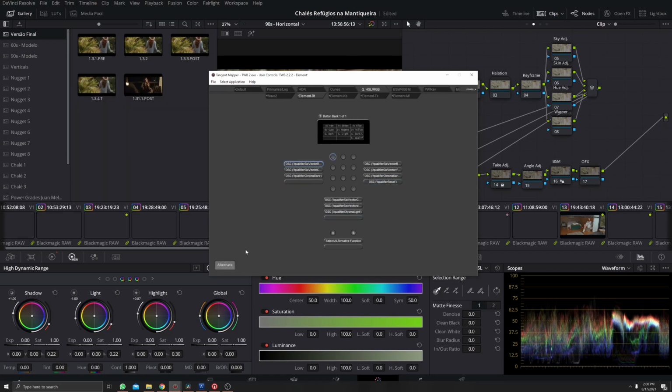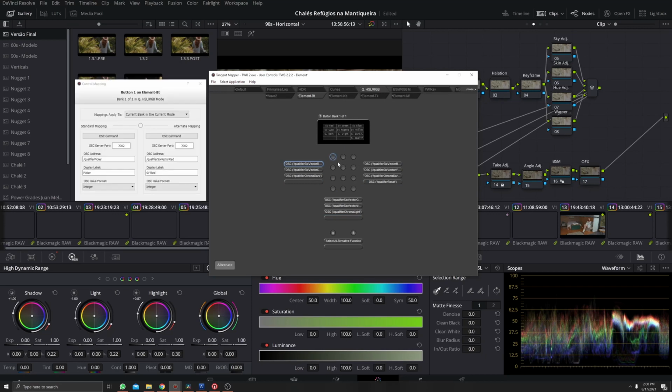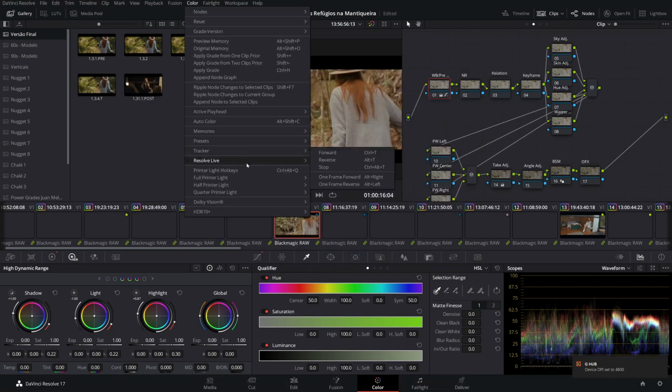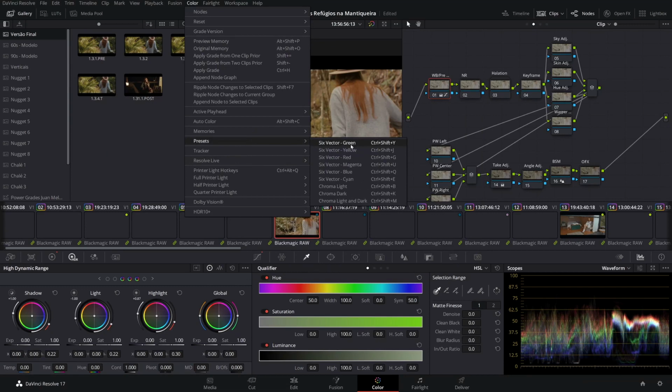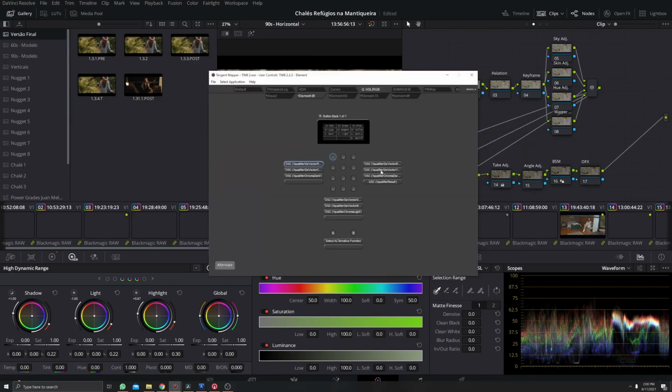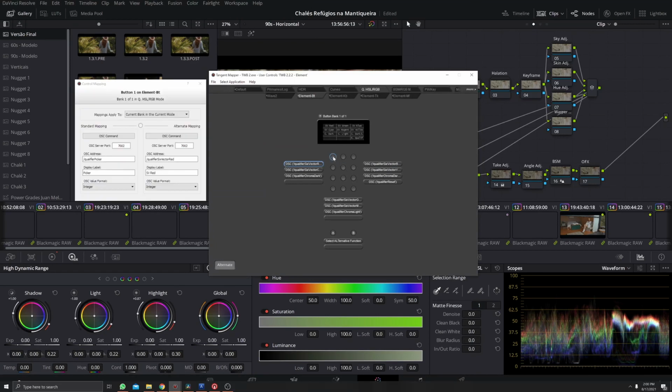And if you press alternate key, you have here the selection of the color presets. So you're gonna have the 6-vector green, yellow, red, and etc. in the chroma, so it will automatically select each preset, the red, green, blue, cyan, magenta, yellow, and dark, light, and etc. And you have a reset for all the qualifier functions. Going to this next mode, you have the blur, sharpen, mist, and the RGB mixer in the same mode.